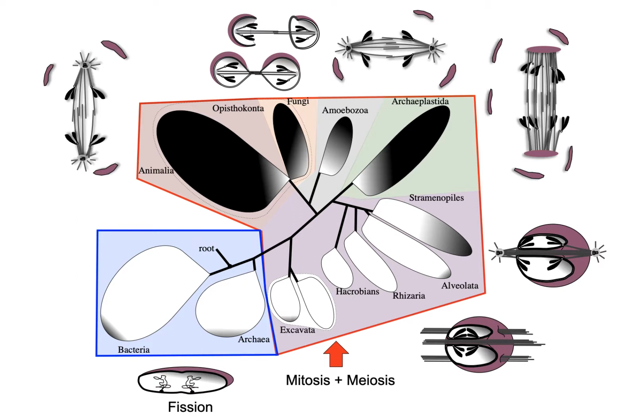So there's quite a variety of mechanisms that have evolved to separate the chromosomes, going from here with bacterial fission and separation of the chromosomes using proteins to move those to the poles, and that character is pretty much constant through all of these, although the proteins differ from one group of organisms to another, especially as you get into